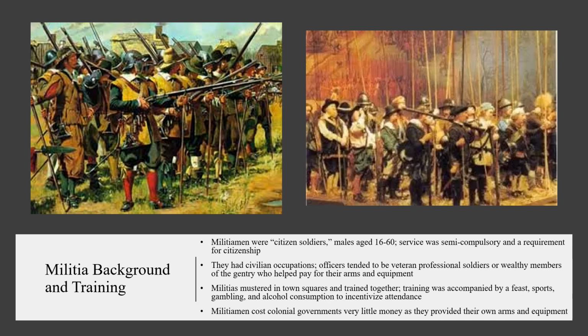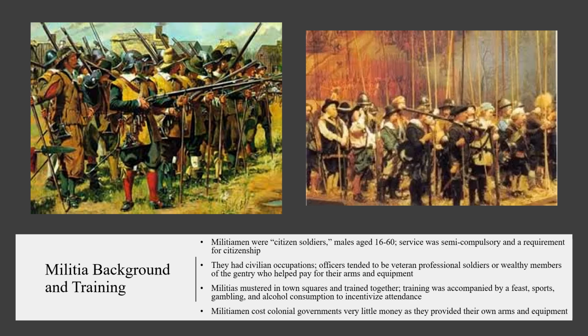Now we'll discuss the background and training of the militia of the 1600s. The militiamen were citizen soldiers. They were males, age 16 to 60. Service was semi-compulsory and generally seen as being a requirement for citizenship in the colony. It was expected that males who wanted to become full citizens of the colony would serve in the militia. But they would also work civilian careers